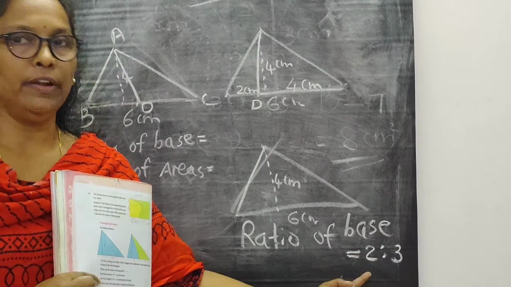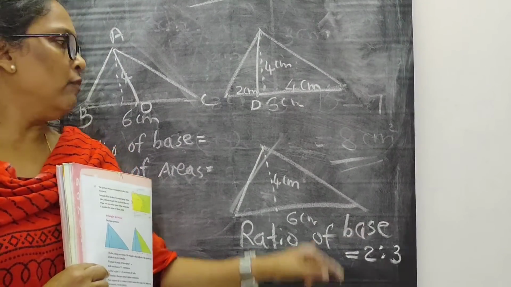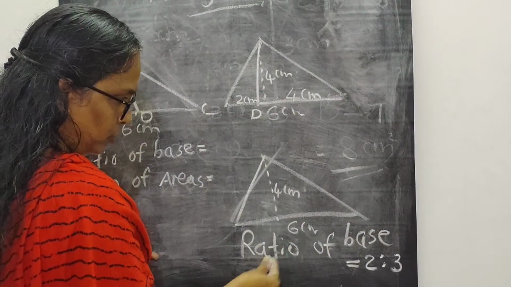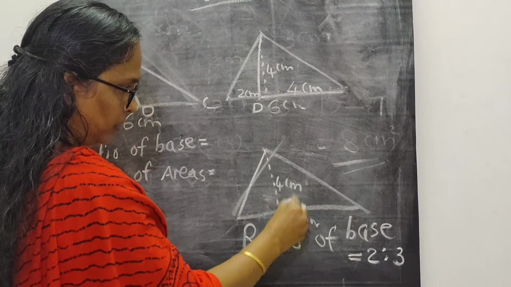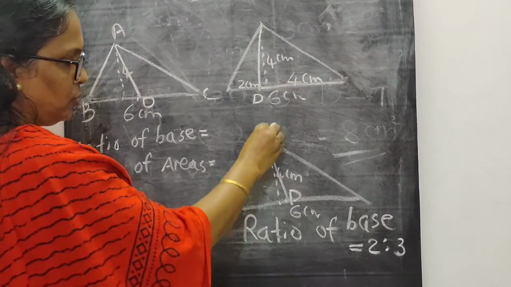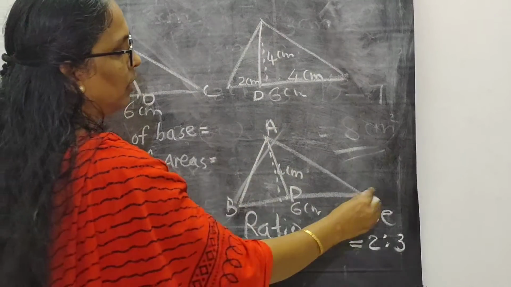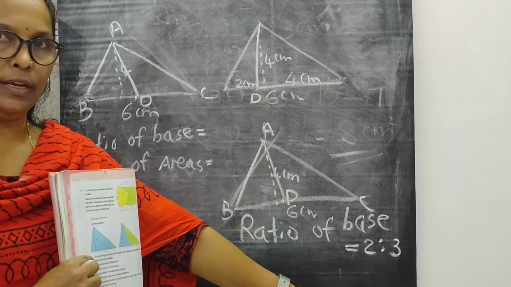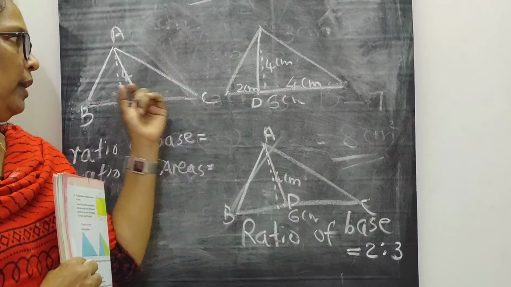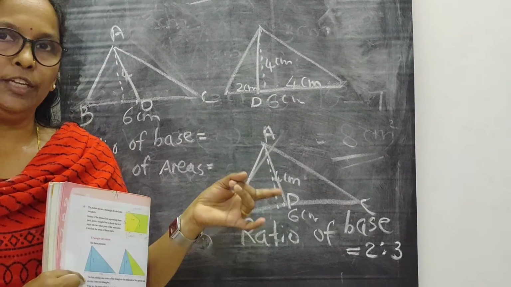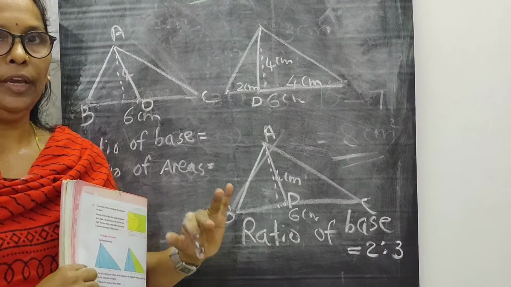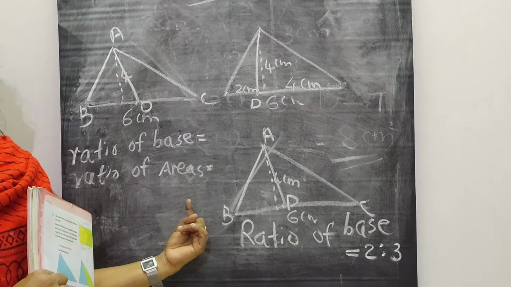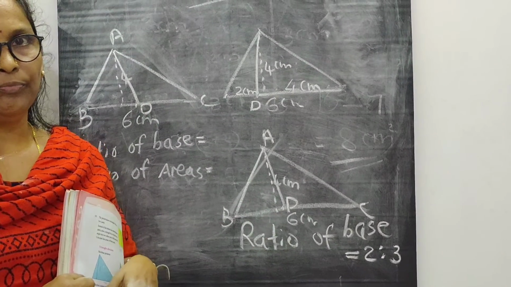So no need of finding the ratio. If the ratio is already given as 2:3, you have to find out the area of these two triangles. If the length is 2:3, we can mark here as D and draw like this. We can find the area of these two triangles and write the ratio of the areas. So in these three cases, you have to find out the ratio of the sides and the ratio of the areas, and you will get a relation connecting the ratio of the base and the ratio of the areas.